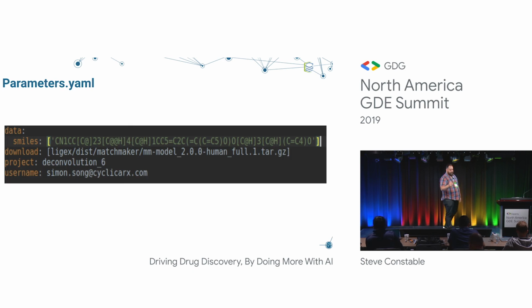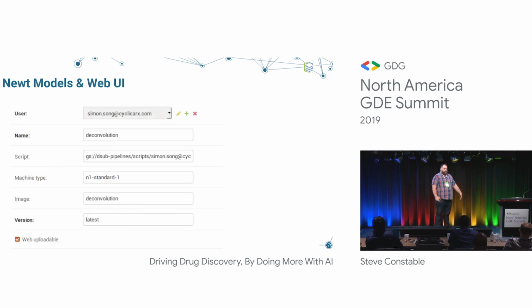An example is like this. So this is for deconvolution. And so if anybody within our company wants to run a deconvolution platform with high performance computing, this is it. That's all they got to do. Upload this and run it. It's great. This is our beautiful web UI